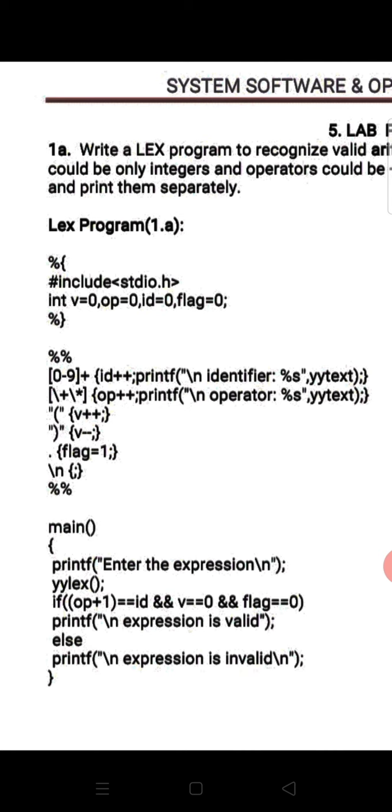The first thing is the pattern, represented in the form of a regular expression. For each pattern, the corresponding action is always written in a flower brace, and the action code is the same as our C code. See, the first pattern is 0 to 9 enclosed in a square bracket followed by a